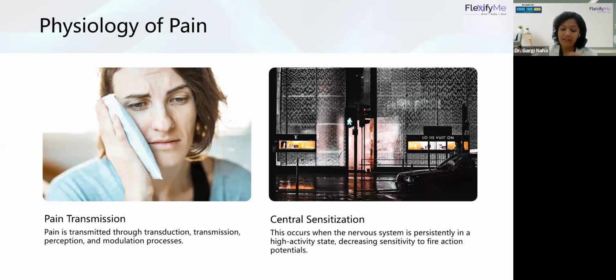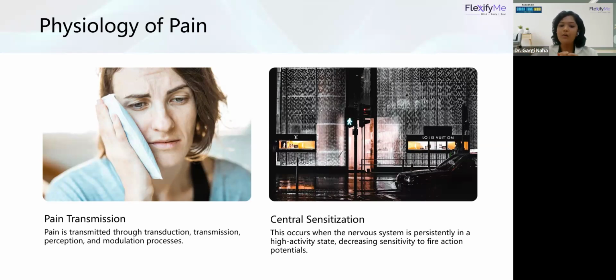Central sensitization specifically happens in chronic pain cases. Why does this happen? For example, you adopted a dog. You brought a dog into your family. Now slowly what will happen, you will start adopting that dog as your own family member, right? Over a period of time, the dog becomes a part of your family. Similarly, if the pain persists for a very long time, my brain will slowly adopt that pain, thinking that it is a part of my body, a part of my organ and a part of the system.